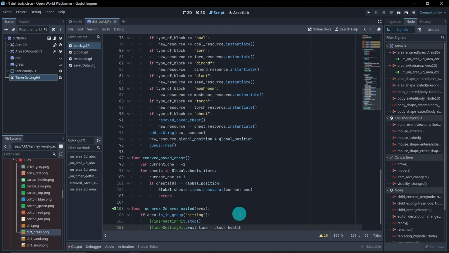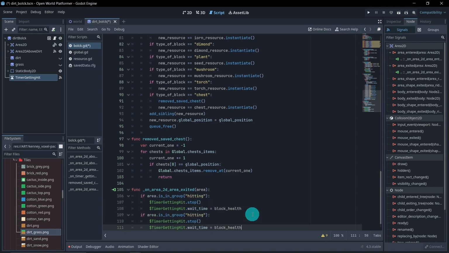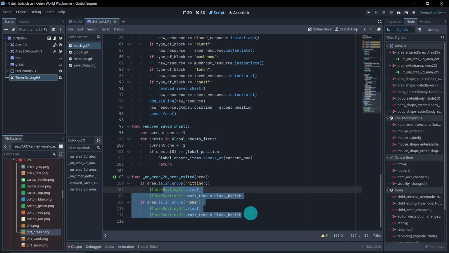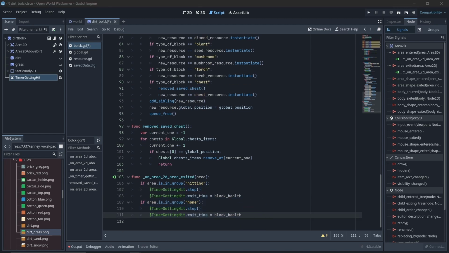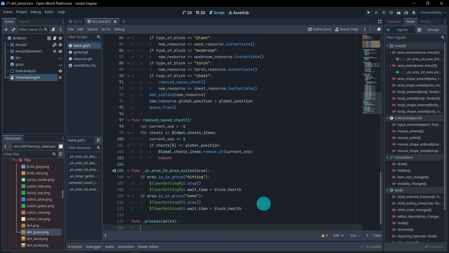All right, perfect. Then we're also going to do the none one. So same thing, copy the whole thing, paste it below, make sure to backspace it. Simply set this here to none. And then we're going to reset it to the same thing we did above. Perfect. So that's going to be everything in the exited, all right? And then the last thing we need to do is, of course, we need to set the process. This is just going to help update certain things. So let's do function_process. And we're simply going to have one thing in here and say if type of block